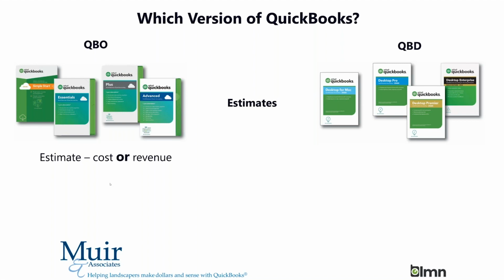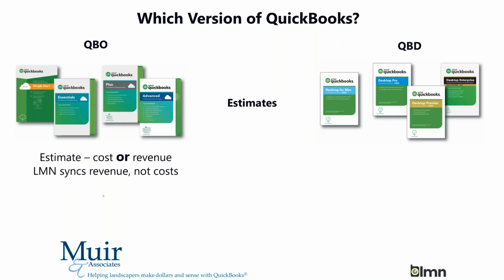You can't do both. And LMN is going to send over the revenue and not your cost. Which is fine because it makes it easy for you to take that estimate and then create an invoice based on that estimate. But you are going to have to decide what you do, or you can invoice in LMN and then use